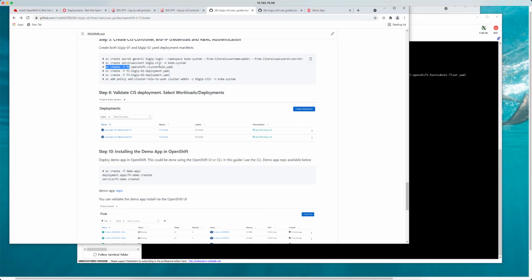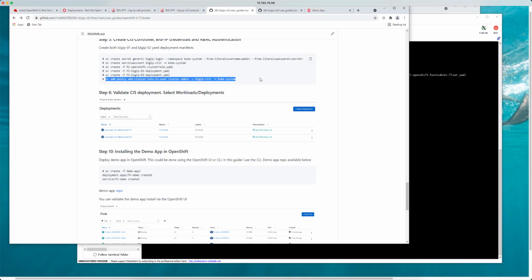You need to create the cluster role. So these are a couple things that you have to do. These 5 things, if you're doing this manually, you have to do. You have to create the user ID in Kubernetes secrets or OpenShift secrets so that CIS can access BigIP. It has to be the administrative password. There's no other way, because of the way that the API is set up and because we're using AS3, it requires it. There is your service account. There is your cluster role binding. The 2 deployments of CIS. And in this last one,